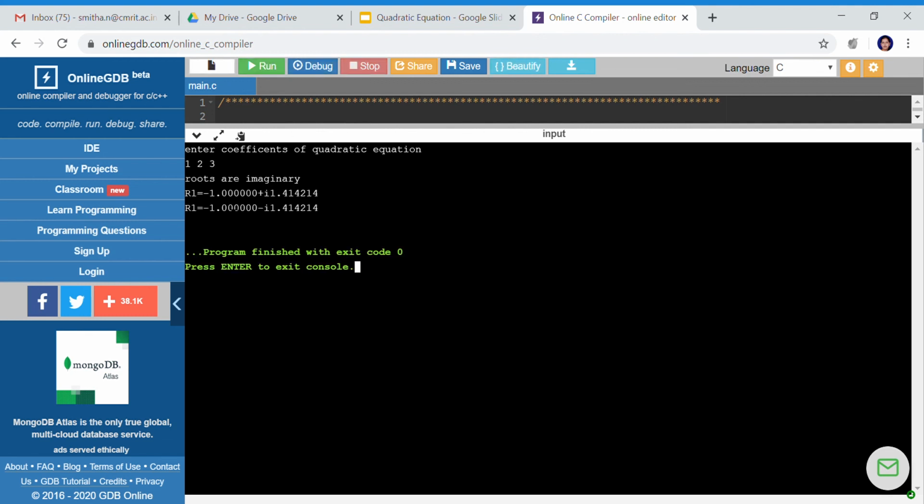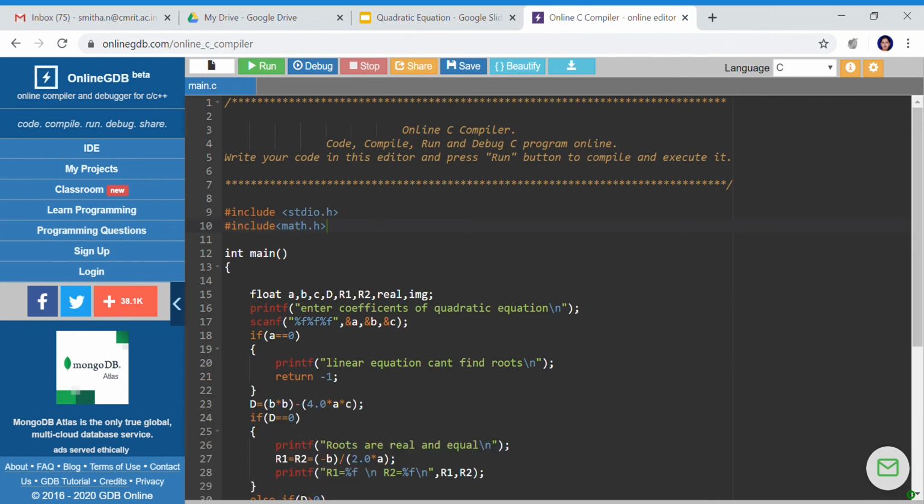So it's showing, see, minus b plus or minus, that is a plus ib, a minus ib form, that is complex root. Roots are imaginary and roots are minus 1 plus i into 1.414214. So this is the execution part of your quadratic equation.